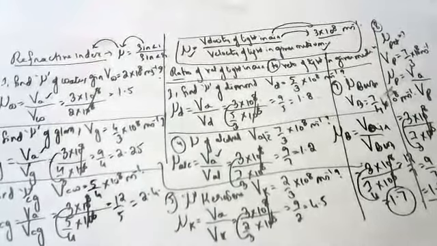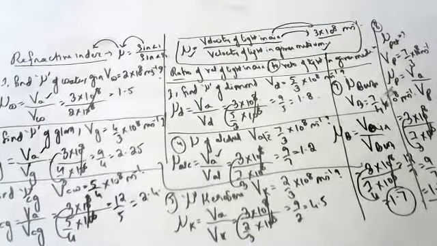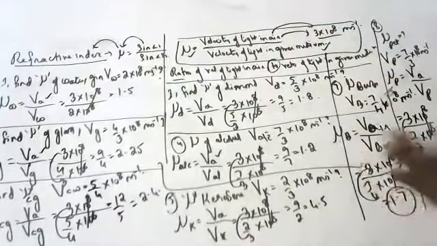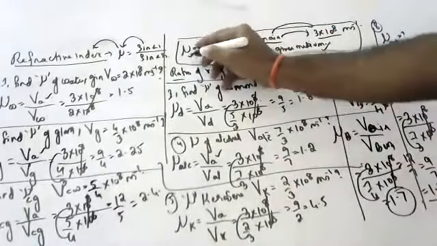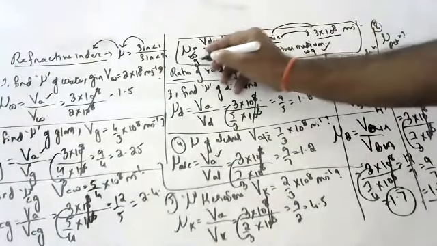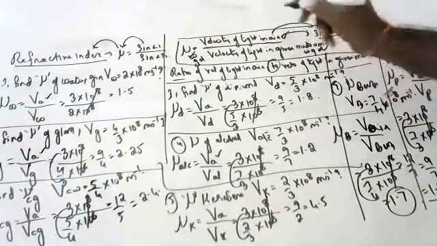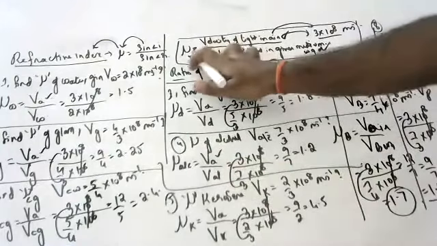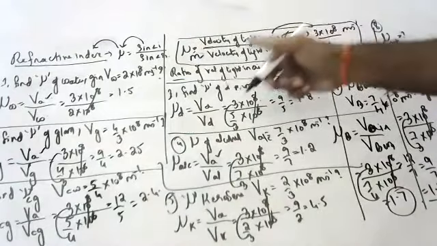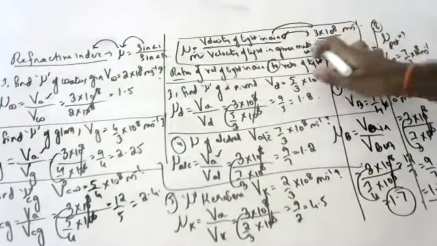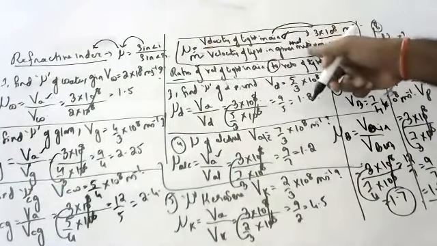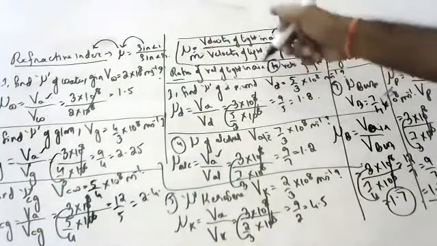So children, like this you have to do. Children, I have made you do enough number of sums, so you should know what is refractive index. Refractive index means velocity of light in air by velocity of light in medium. If water is given, this is water. If glass is given, this is glass. If diamond is given, this is diamond. The one on top is constant always. So refractive index of any medium is velocity of light in air by velocity of light in that medium. If water is taken, here also water. If glass is taken, here also glass. But this will not change.